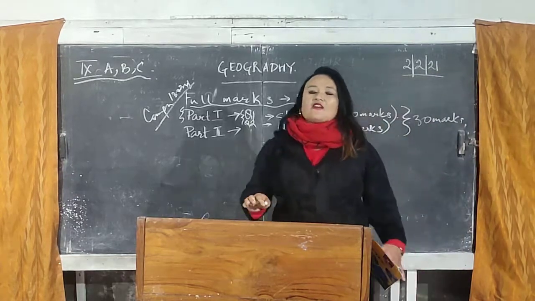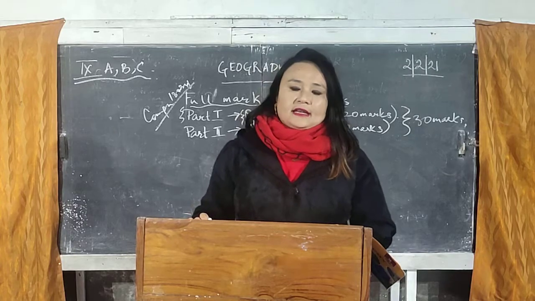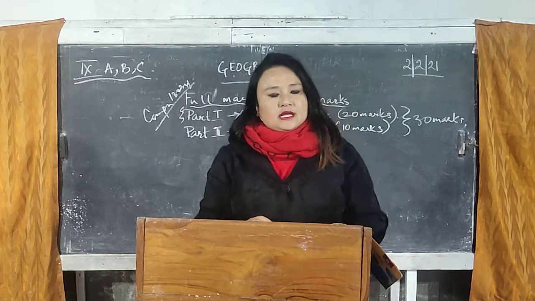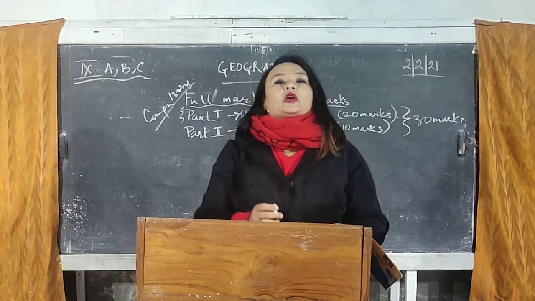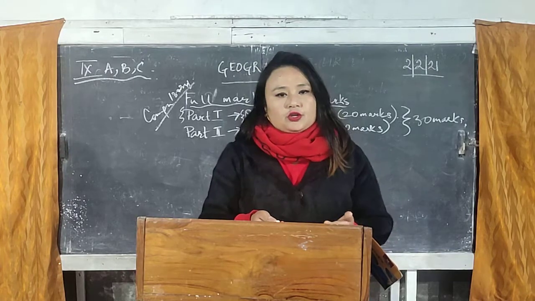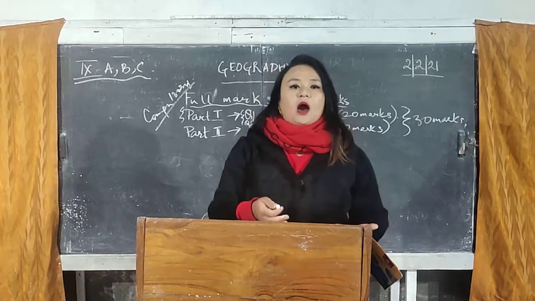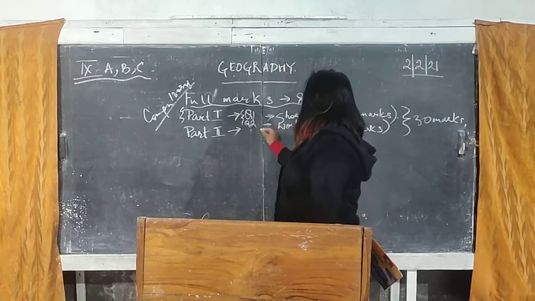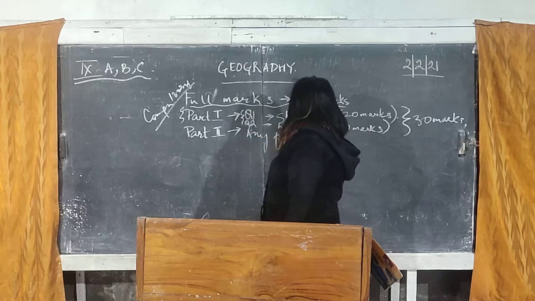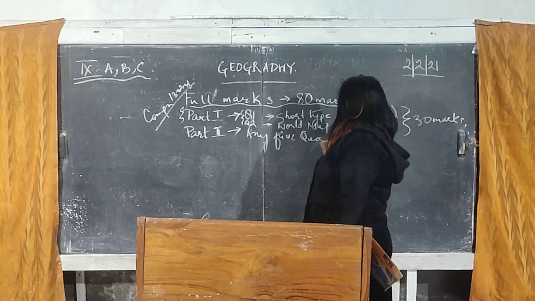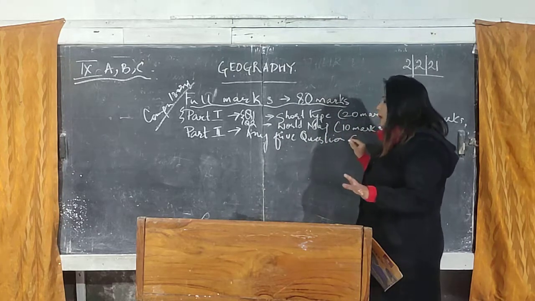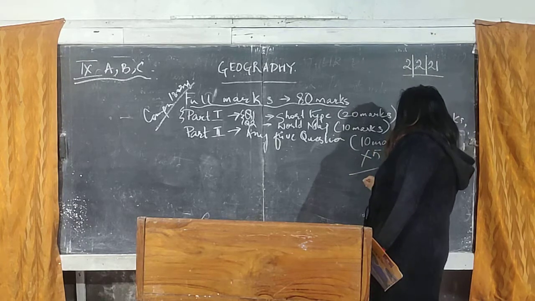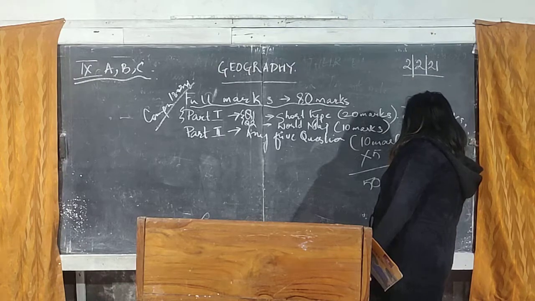Now in part 2, you'll have ample choice in your examination. You can see that from each chapter a set of questions will be asked, and you'll be given a choice there in your second part. Out of all the options provided to you, you are supposed to attempt any 5 questions. Each set of questions carries 10 marks, so 10 marks into 5 becomes 50 marks.